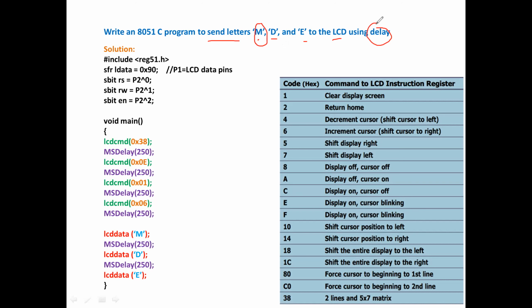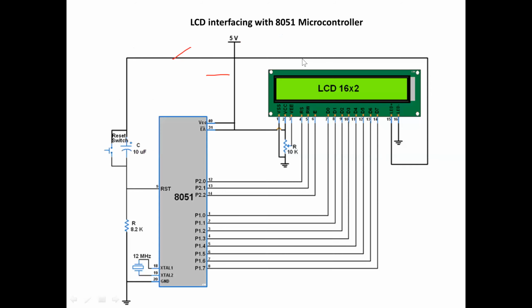I'll tell you. Okay, so we start with the header file. Which port you are going to assign as the data pin? That is very important. If you go to the previous slide also, see here in the diagram, this is how you will be interfacing with the LCD. So which port you are using to interface with the LCD, where your data will be transferred.